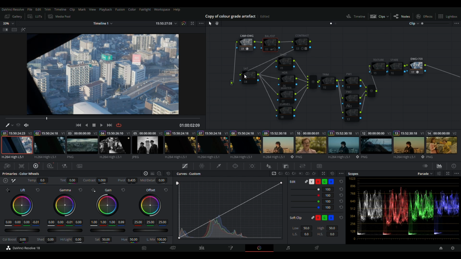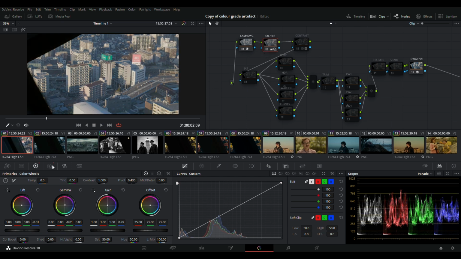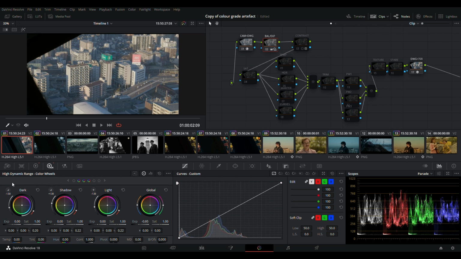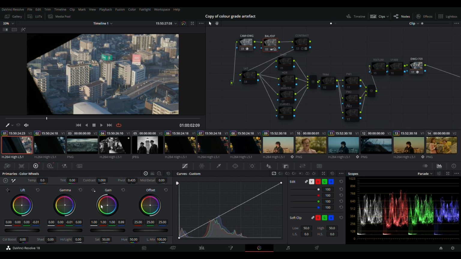The first step is to balance the exposure of the scene. As you can tell, it's overall bluish and overexposed with the highlights, which are converted in the HDR settings, which stand for high dynamic range color wheels, which decrease the exposure of the global, which is the overall image, and then went to the primary color wheels, adjusting the colors using the gains,